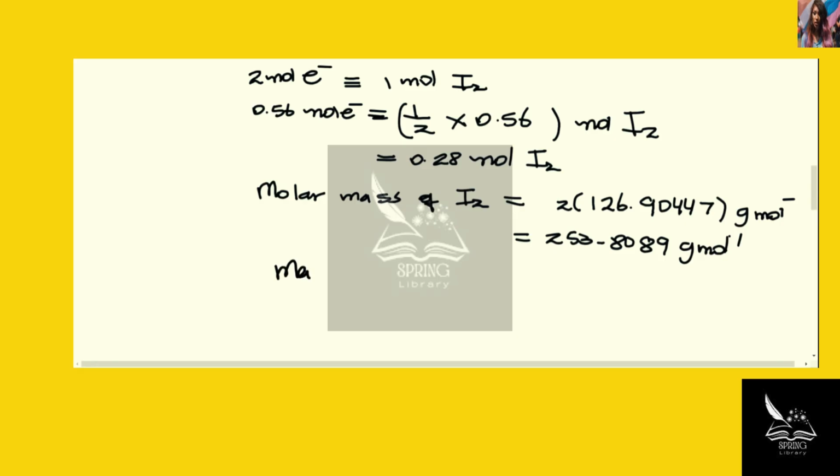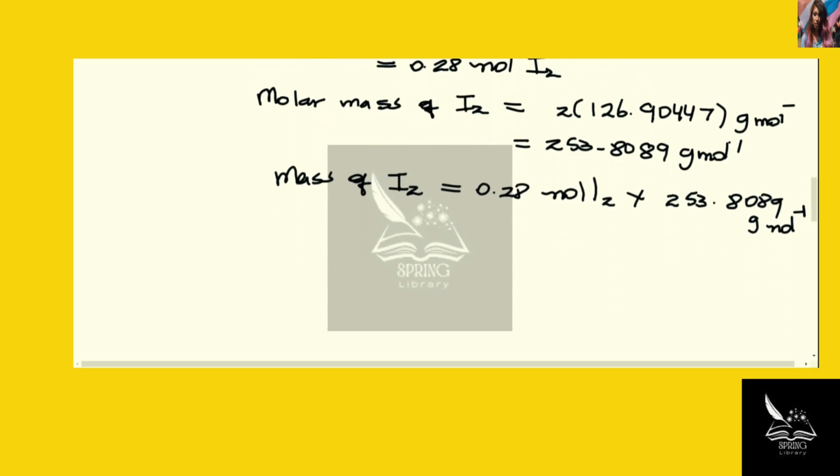So the mass of iodine produced is equal to the number of moles, which is 0.28 moles of iodine, multiplied by the molar mass, which is 253.8089 grams per mole. And when you do the multiplication, the result is 71.07 grams of iodine produced. And lastly,